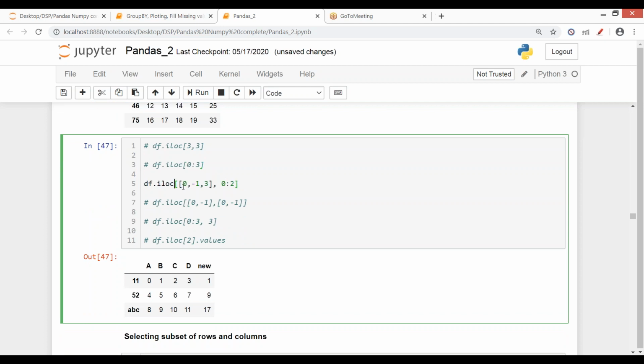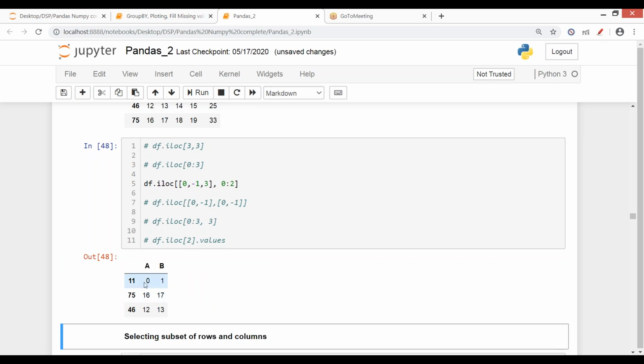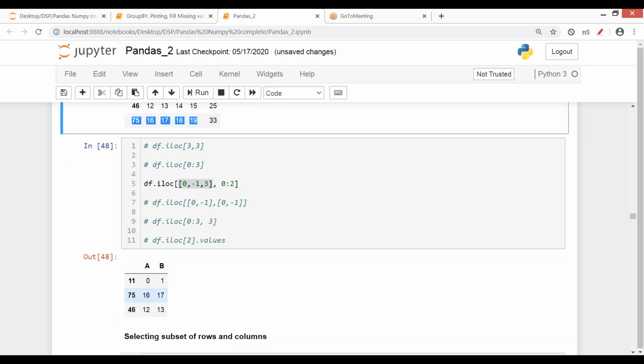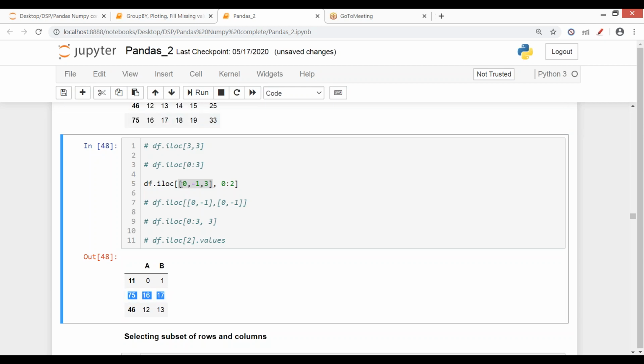Okay. Now a combination here as well, that is specific rows, that is row 0, the last row and the third row, along with column 0 and 1. You see, it gave me these. This was my first row, this is my last row, and as per the order I've given, the same way it is giving me. See, -1, the last row was 75. You see, 75 is given here. So as per the order you specify, the same way you'll get your result. So these are my specified pinpointed rows and a range of column names. So this is my result for this one.